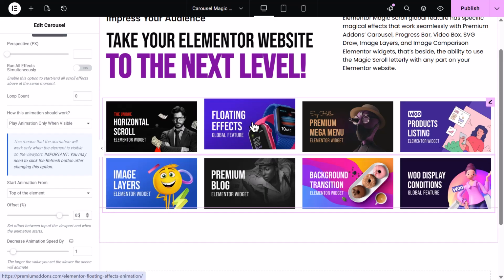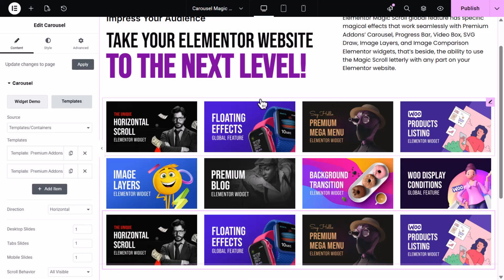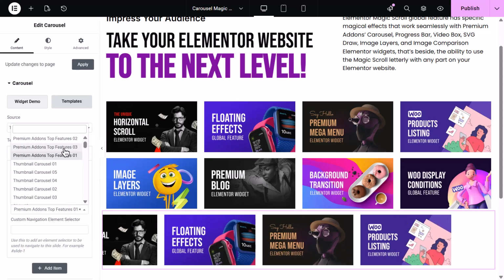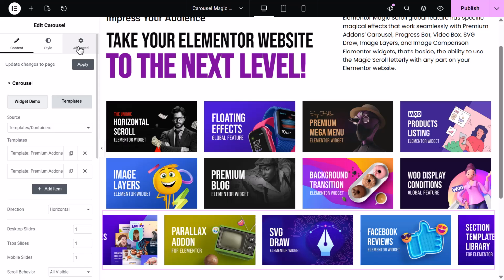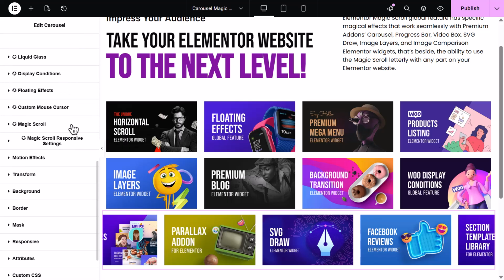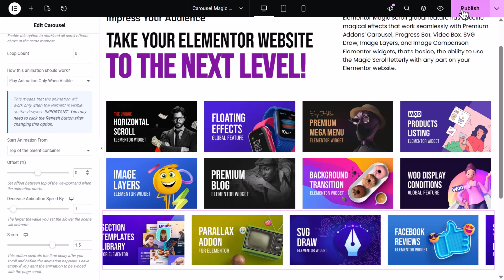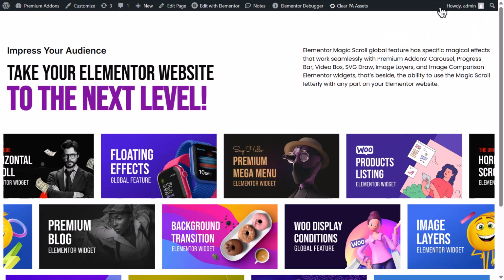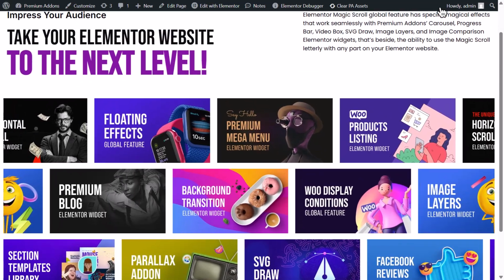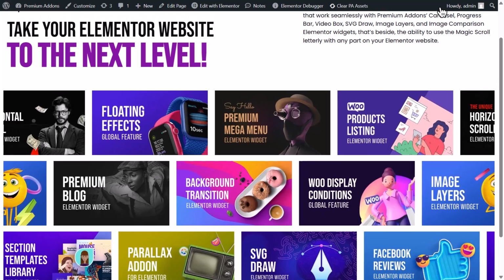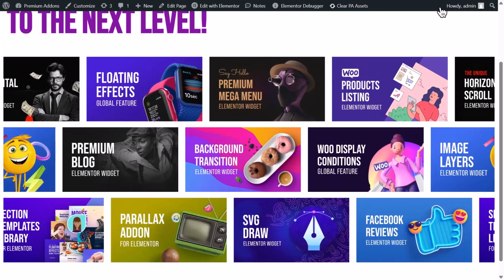Finally, I'll duplicate the first carousel again and change the template. But this time, I'll set the offset to 0%, making the animation start immediately as the carousel comes into view. Let's hit Publish and Preview. Now as you scroll, the gallery moves with you, each row animating in a different direction for a dynamic, layered